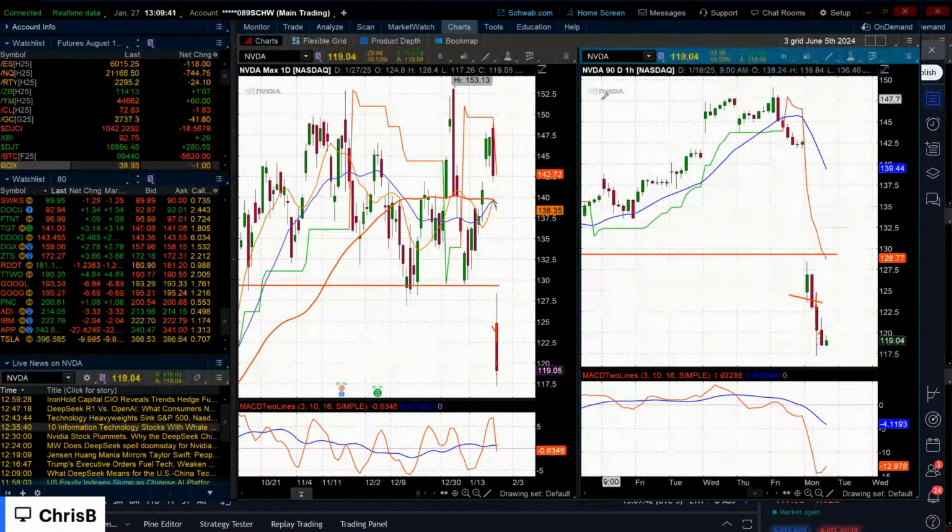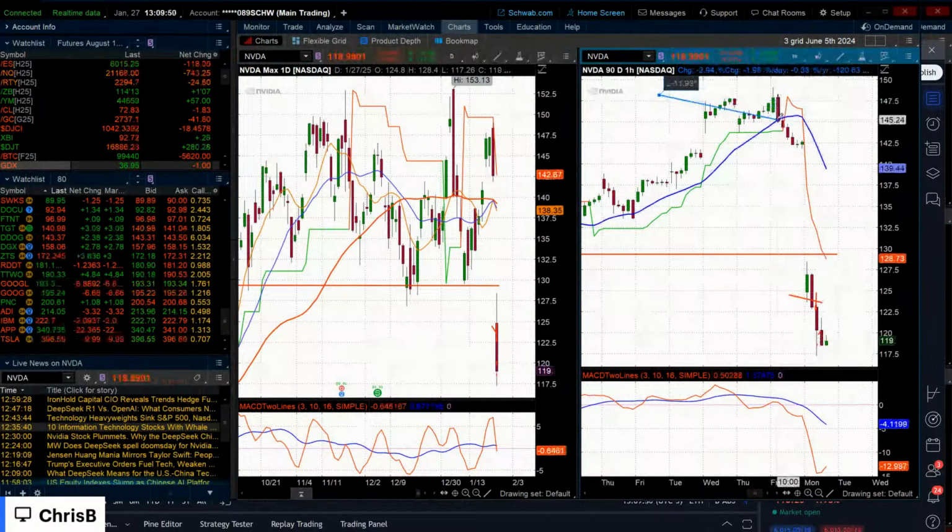So that way you're buying on the way up, not on the way down. How many have bought on the way down? Look at that. This candle was indecision with a follow through. That's when you short the stock, not buy it. And it doesn't have to be NVIDIA. There are a lot of other stocks I posted on StockTwits that were short ideas. So just keep that in mind.